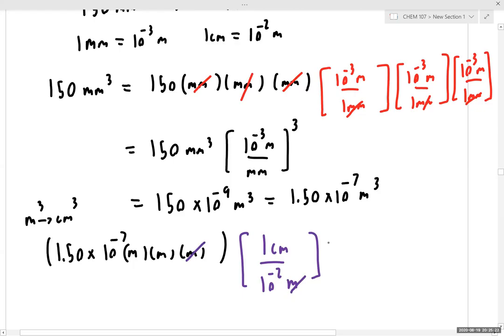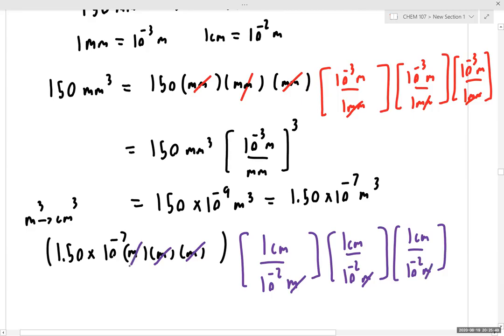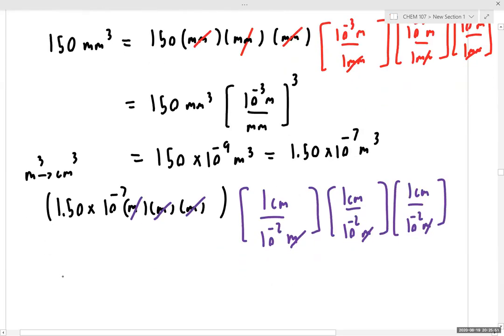We've canceled one of our meters. Are we done? Have we converted everything successfully? No, obviously not, right? We still have two more meters floating around. So we have 1 centimeter over 10 to the negative second meter. So we canceled our second meters, and then 1 centimeter over 10 to the negative second meter. We've canceled our third meters, and that in turn gives us